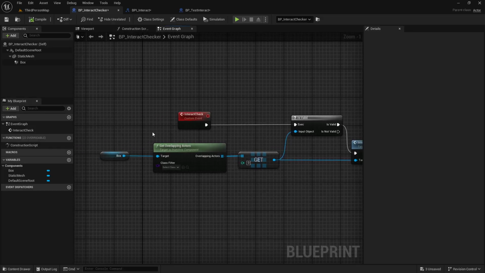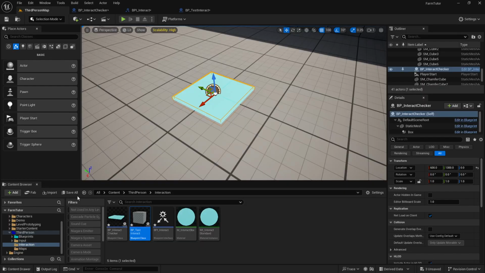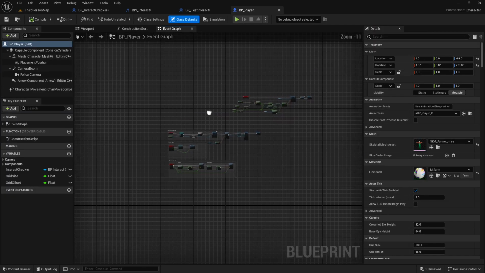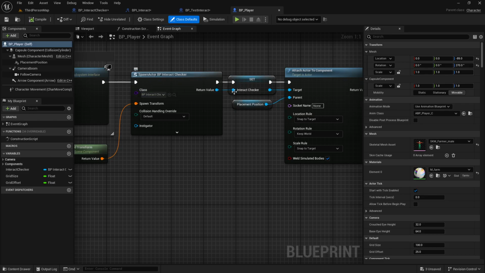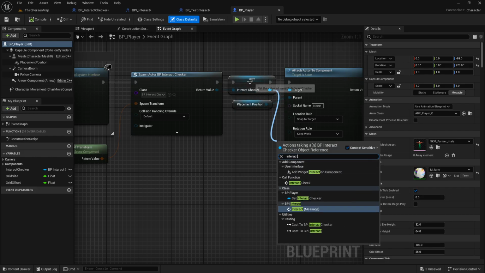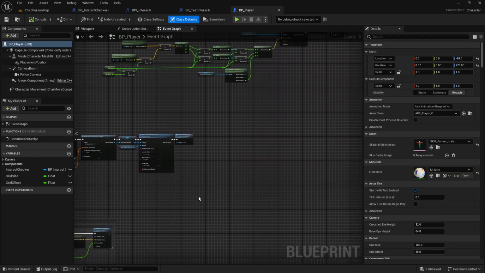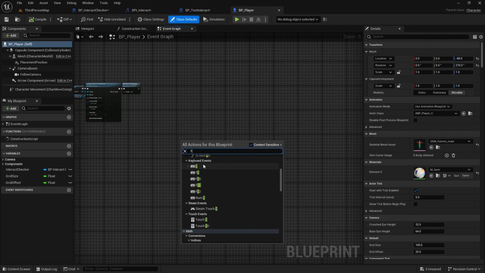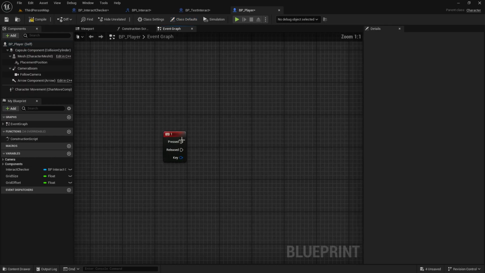Now to get access to this event inside of our interact checker, we can go back to our player blueprint where we're spawning it and creating a reference to it. So remember, we spawn it and then we're setting it right here. We can actually pull functions from it through this reference. So we will go set up a function call. If you right click and type in 1, it's easier to get these keyboard events rather than going E and then scrolling forever and ever. So just 1 right here, highlight it, and then we can click this little button, E, and that's our interact